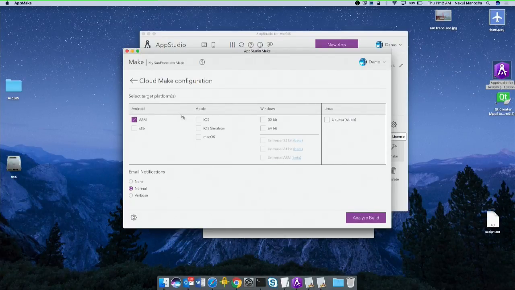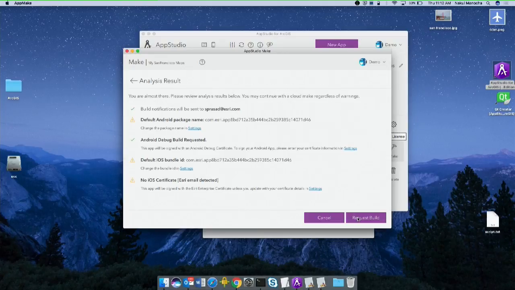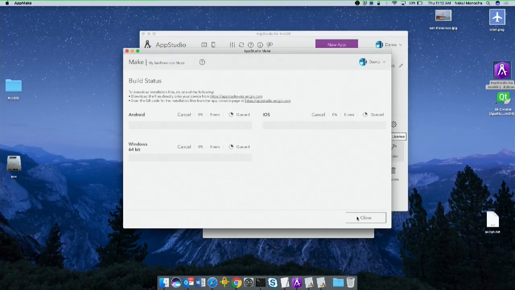So in this case, I'm going to select one from Android, one from Apple, which is iOS, and one from Windows, 64-bit. I'm going to hit Analyze, Build. For now, I'm going to just ignore these warning messages and hit request build. Once the builds are done, I will get an email saying that my builds are ready to be downloaded. And in order to download them, we provide an OTA website for AppStudio,